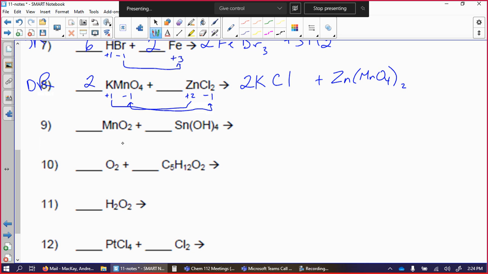This one's a little bit odd. +4, -2, +4, -1. This is a double replacement-ish. +4 goes with -1, manganese hydroxide, not twice, but 4 times, +4 and -2,